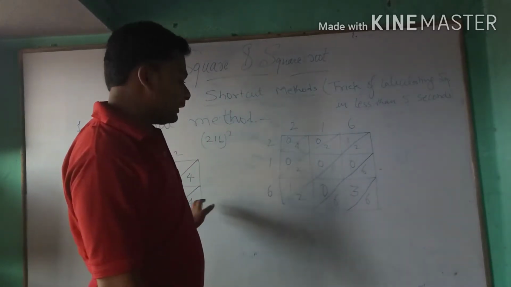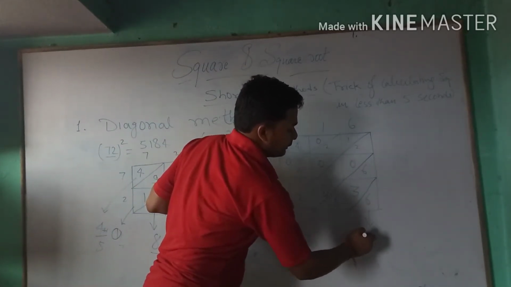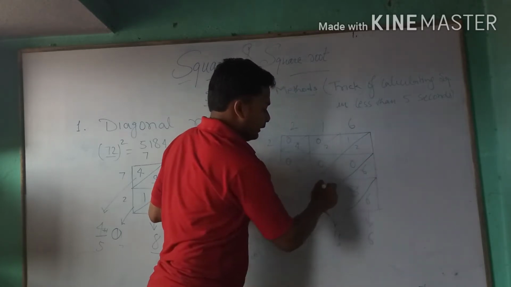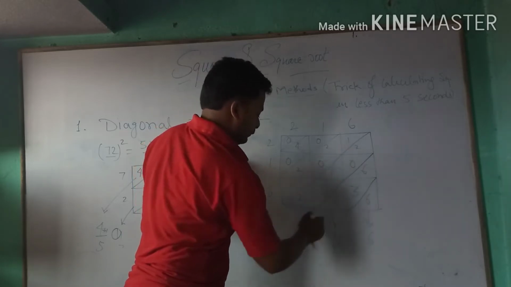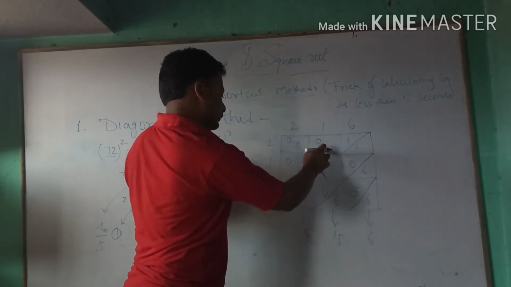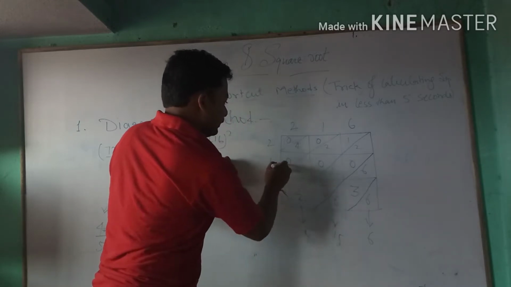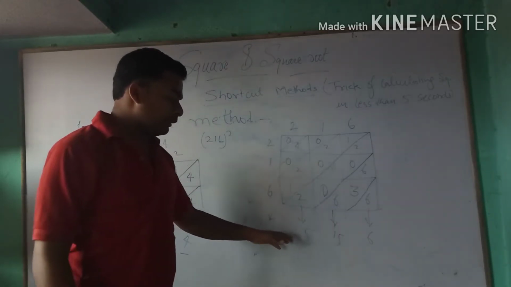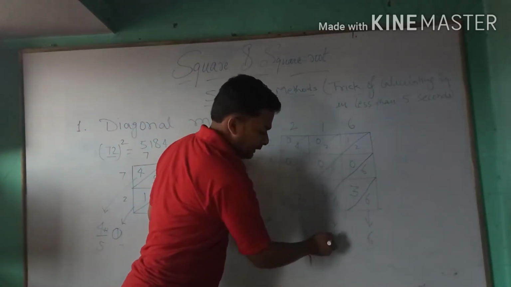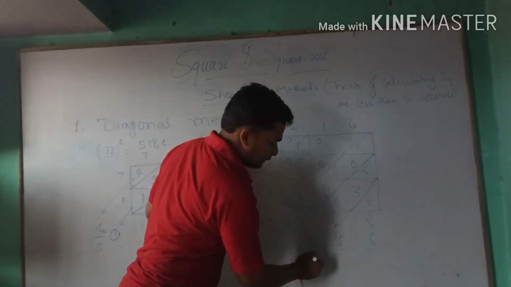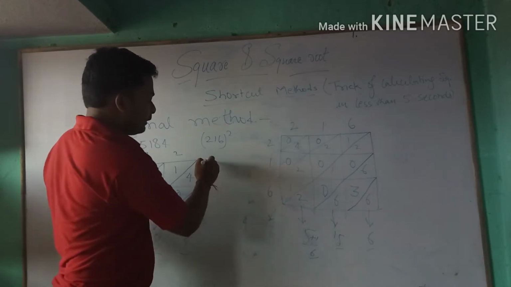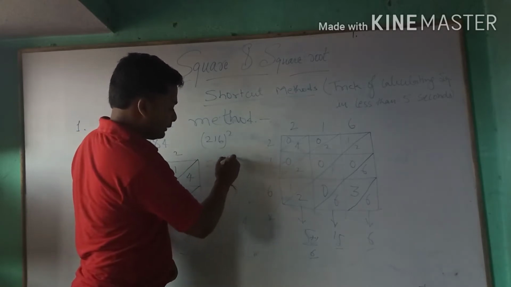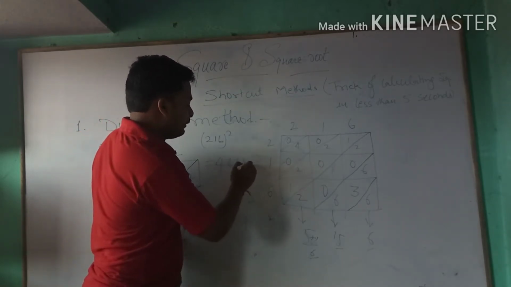Again the similar case is here, so we will add them. It is 6, it is 6 plus 3, 9, 9 plus 6, 15, it is 5, it is 6, it is 4, and the last one is 0, so we will not write that. We will again consider the same unit place, and the carry will be added here. So finally we got 6, 6 and 4. So what is the result of 216 squared? The result will be 4, 6, 6, 5, 6.